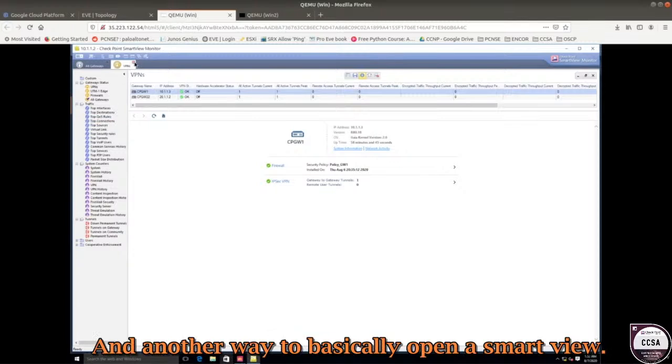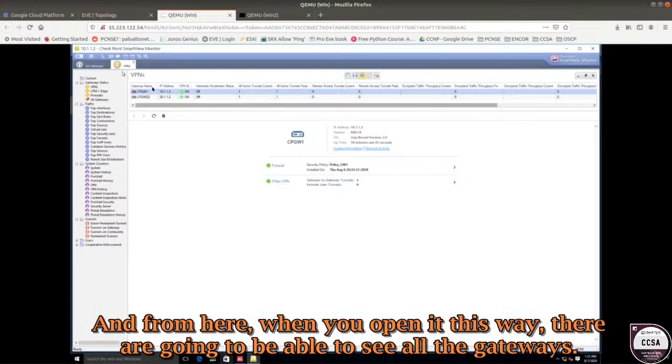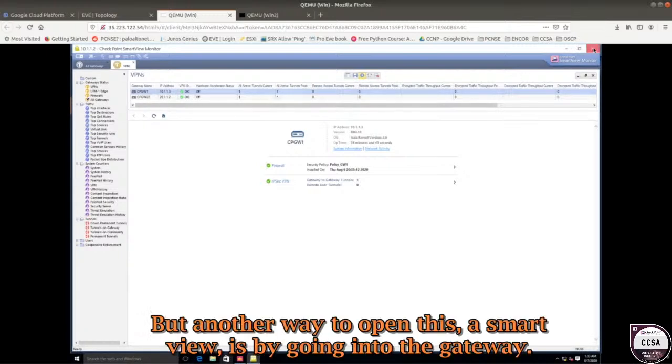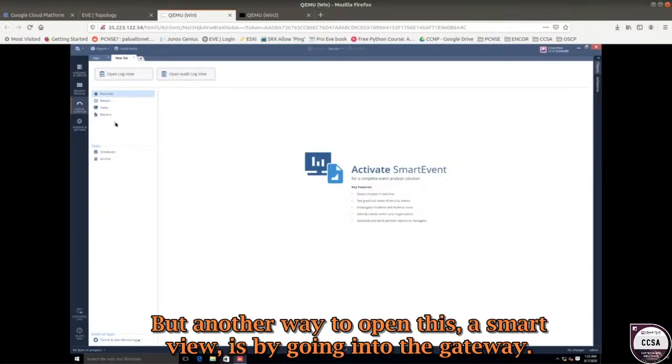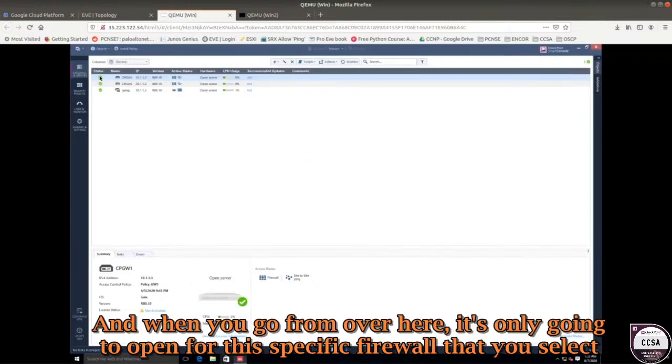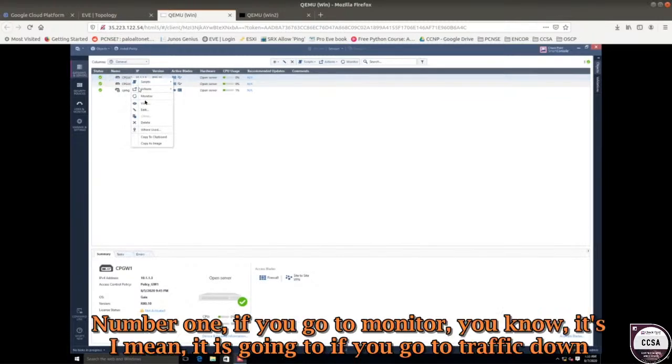And another way to open a Smart View, when you open it this way, you're going to be able to see all the gateways, right? But another way to open this Smart View is by going into the gateways, and when you go from over here, it's only going to open for this specific firewall that you select. So for CheckPoint gateway number 1, if you go to monitor,